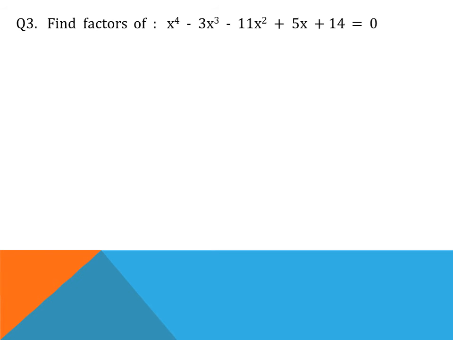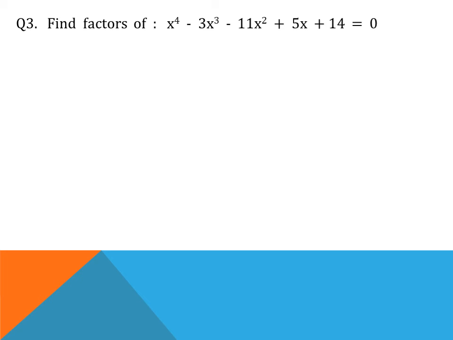Let's look at a different question now. Here they have given us an equation and we have to find its factors. In such questions, one of the factors we have to find by trial and error method, and once we have got the divisor, the remaining we can calculate by synthetic division. How do we find one of the divisors? We put different values of x and check if the equation is getting satisfied. So let's start with x is equal to 0.